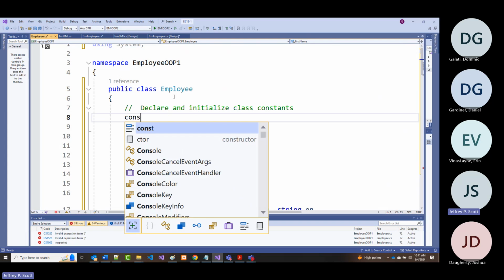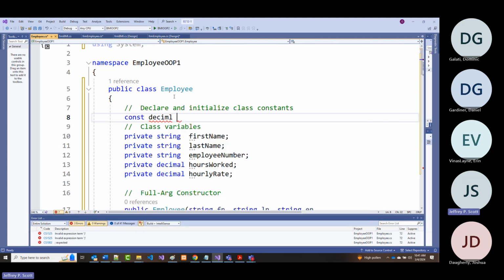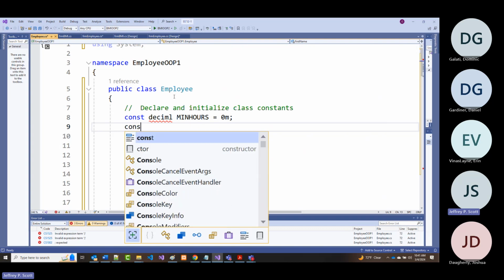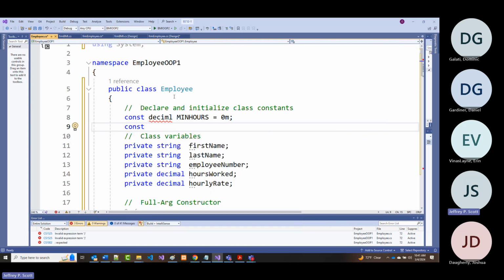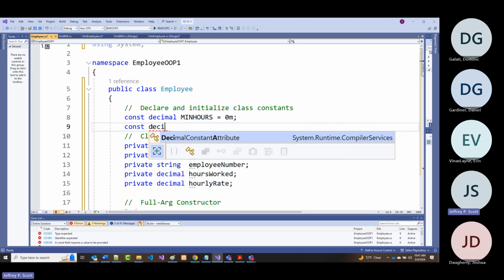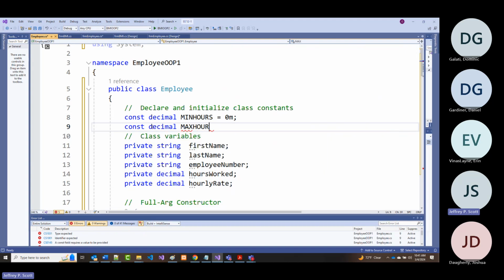So I'll have const decimal min hours equals 0m. Const, I spelled decimal wrong. Good gravy, Jeff. Max hours, and that will be 84. These are just literally arbitrary values, but I figured nobody's going to work more than 12 hours a day. So